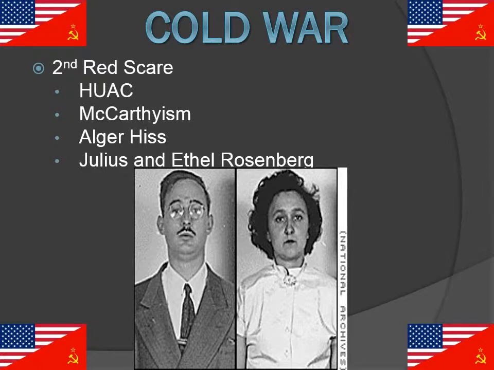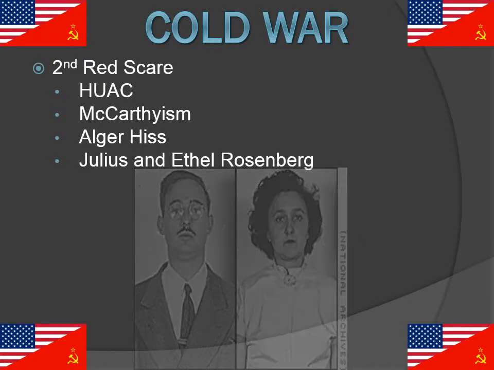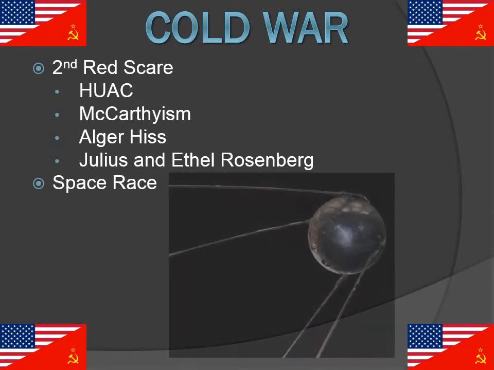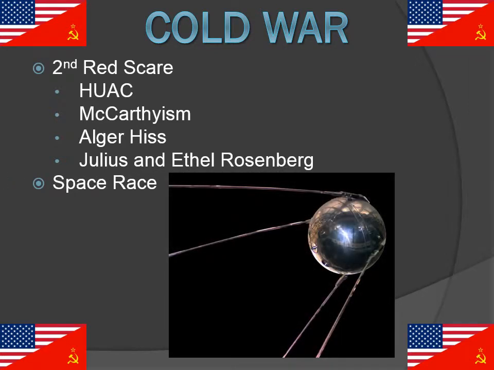One of my favorite things that I always used to like to talk about as a kid was the space race, and this is just another aspect of the Cold War and who is going to actually control space. Now, as you see this picture, automatically that should come to mind. This is actually the first satellite that was sent into space by the Soviet Union, which is Sputnik. In October of 1957, Sputnik is going to be launched.